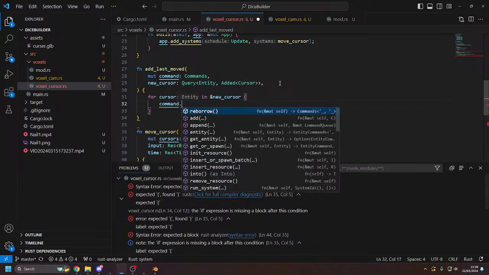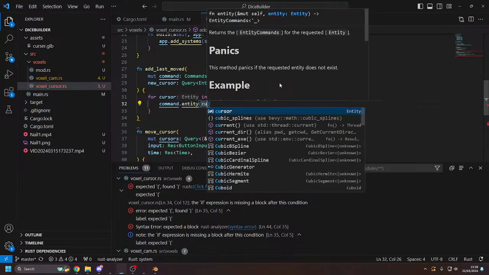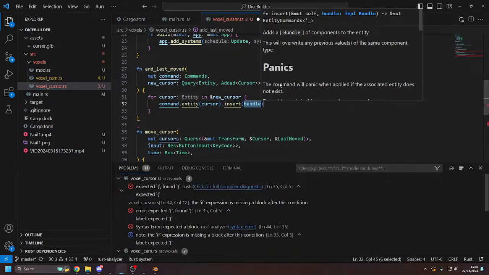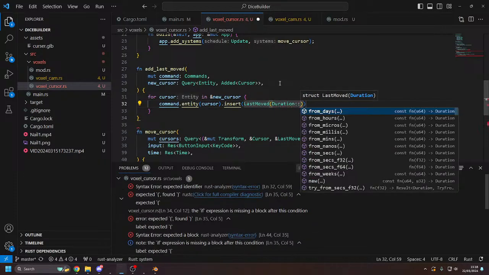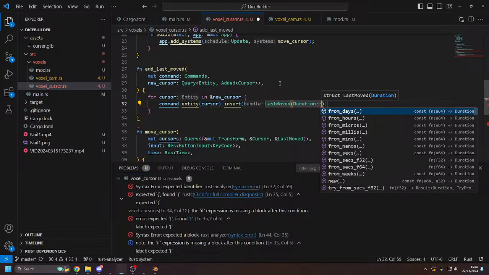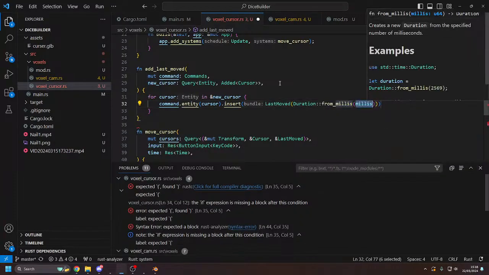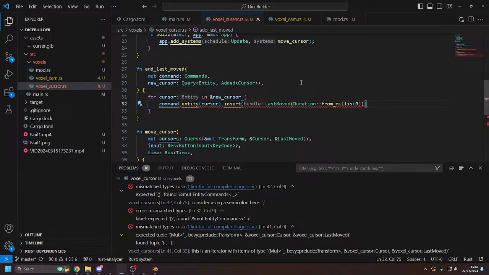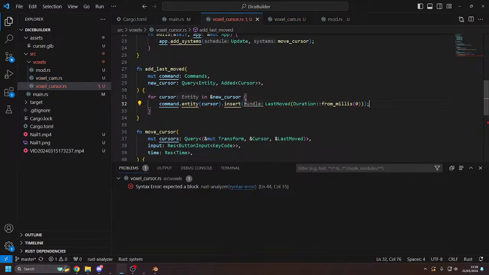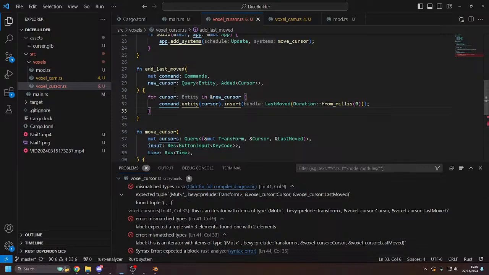Command dot entity cursor dot insert last move duration from really 0. Okay, so basically if you add a cursor to an entity, it'll automatically get the last, and then we're going to fn